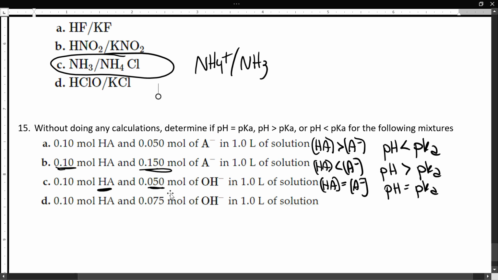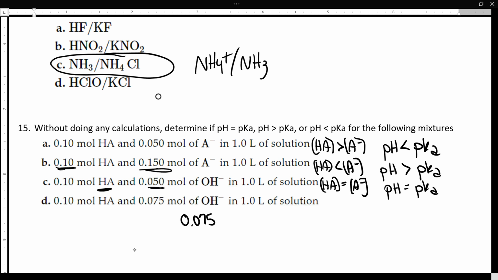And then this last scenario, let's see what happens here. You start with 0.1 moles HA, 0.075 of it is going to turn into A minus, and you'll be left with 0.025 in the original form. So in this scenario, your A minus concentration is greater than your HA, so your pH is going to be greater